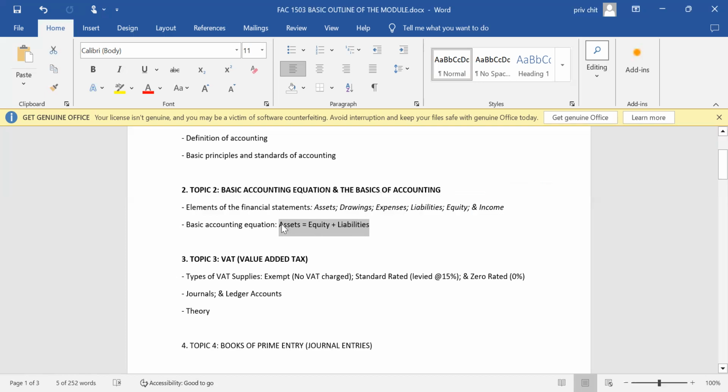So that's what we'll be dealing with when we get to topic 2, the basic accounting equation and the basics of accounting. It's very important because this is the foundation when it comes to this particular module. And like I said, in topic 3, especially in the most recent one, you'll be dealing with inventory systems, right? And in topic 4, that's where they of course touch on VAT. So there's just that slight adjustment. I have not yet accounted for it in my outline, but it's one of those that I can do, and then I'll send you the updated version thereof, right? But anyway, VAT, and I'm going to talk about inventory systems as a separate one altogether later.